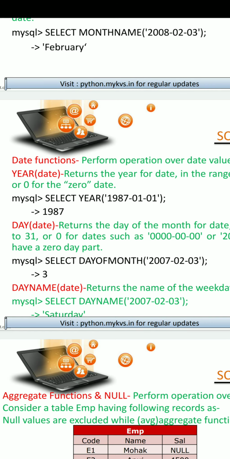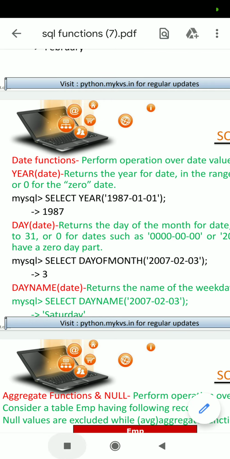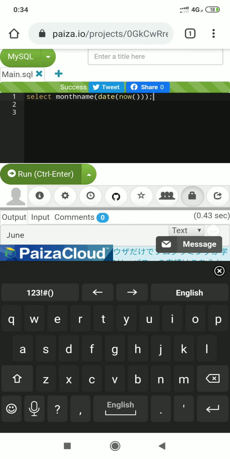Now the next functions are YEAR and DAY. Similar to MONTH, which returns the month, YEAR returns only the year portion, and DAY returns the day part of the date. Okay, we do it practically. I change it to YEAR and execute this query.